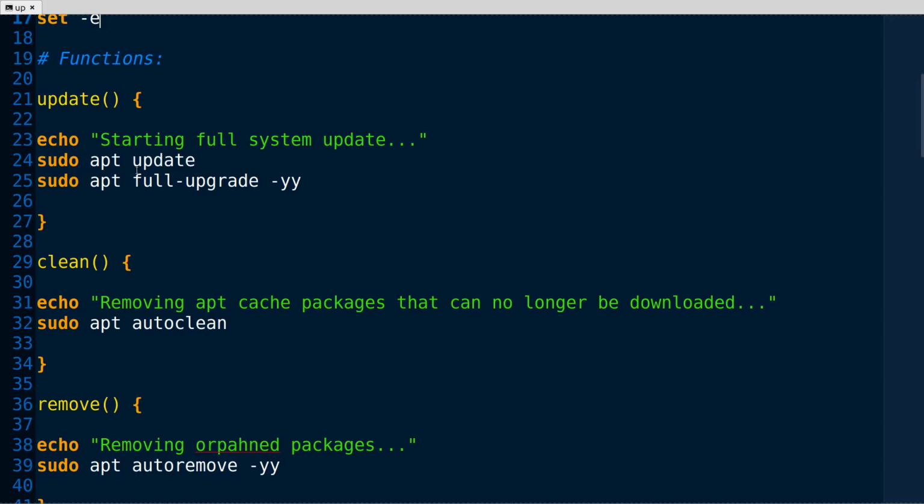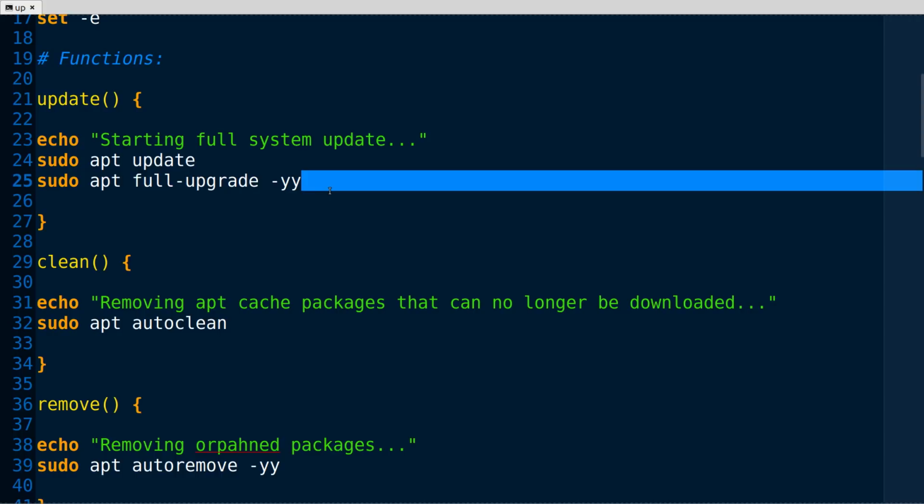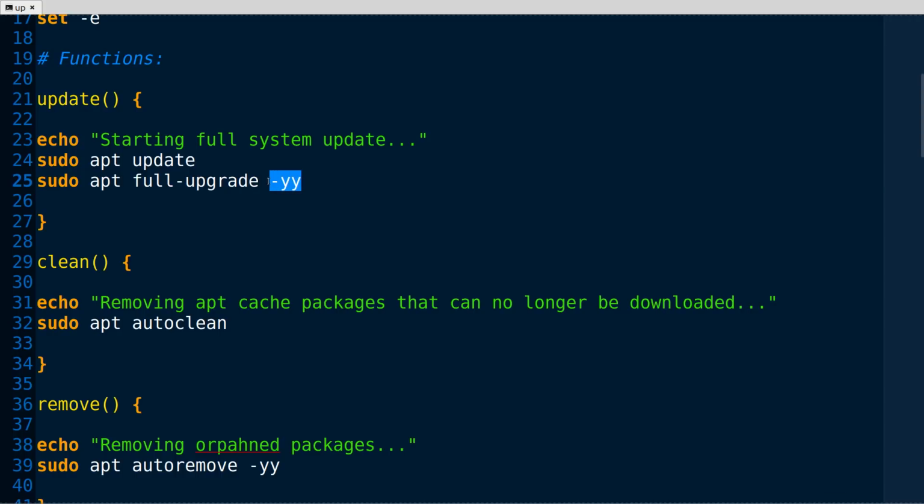So the functions themselves after that are just really stupid simple. Like this one is the update function. All it does is sudo apt update, which we're all pretty familiar with, and that goes and checks to see if there's anything that needs to be upgraded, and then run a full upgrade. Once again, we have the double Y Y. People always ask about that. You only need one Y. No, you don't. Well, you do, but if you put two, you're not going to get